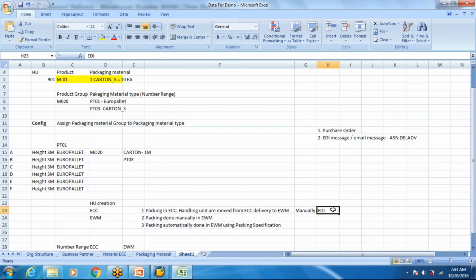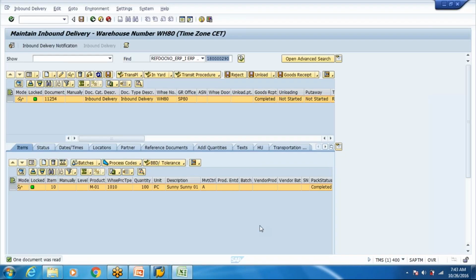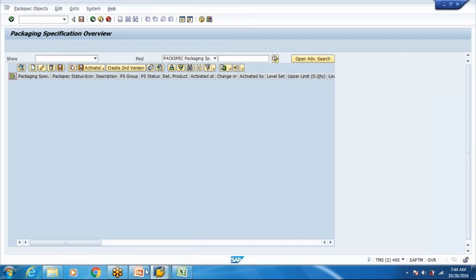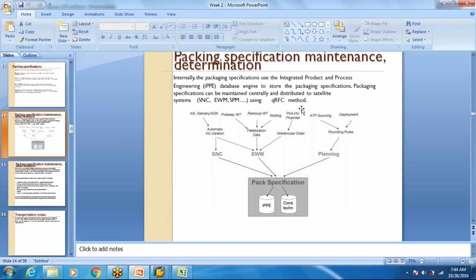The instance which I want to show you is packing done automatically in EWM using pack specs. We discussed yesterday why we need pack specs and in which scenarios we can use them.